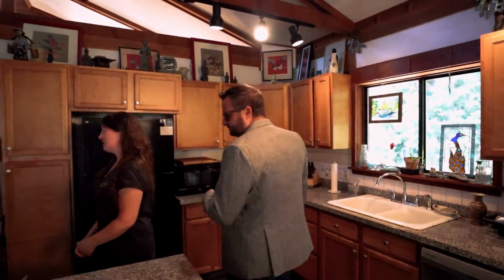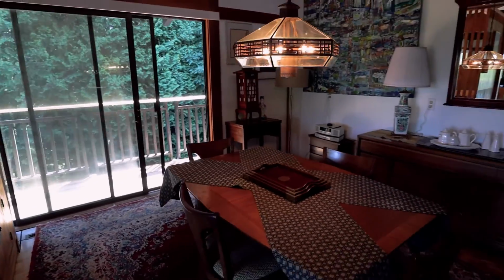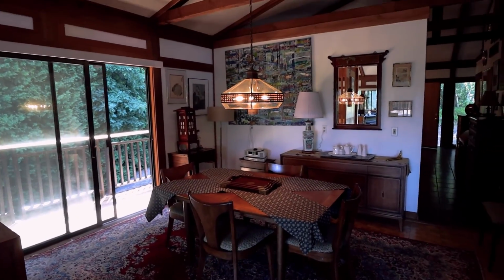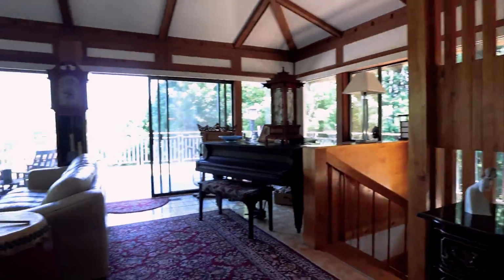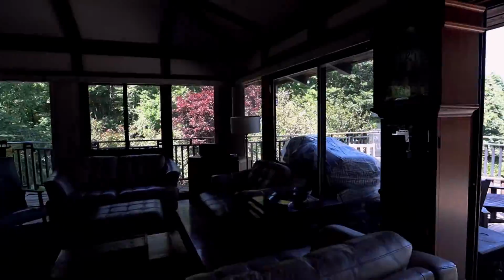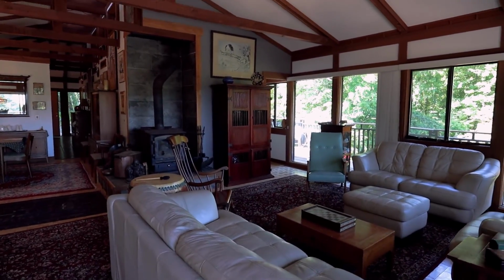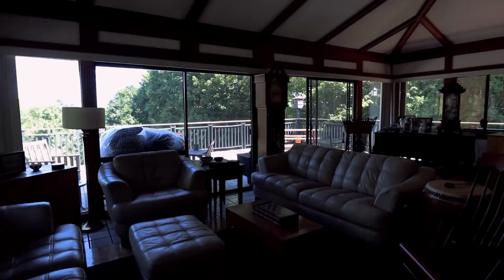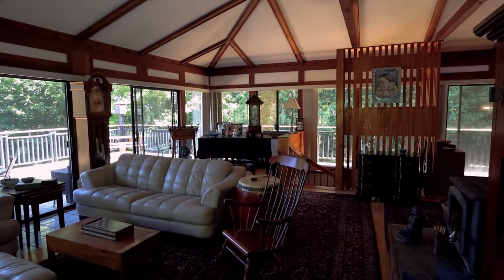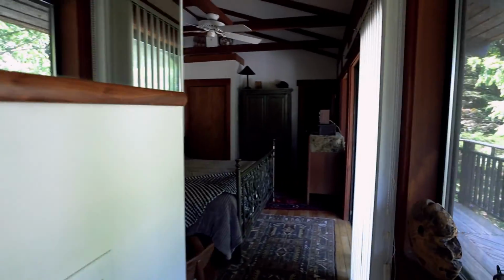Let's roll. This house is a 4-bedroom, 2 full bathroom house situated on 1.88 acres of land in Belchertown, Massachusetts. It's approximately 2,800 square feet. This home was built in 1990 by the current owner, and this is the first time it is available for sale. Some of the features and updates on this home include a new roof on the home and the detached